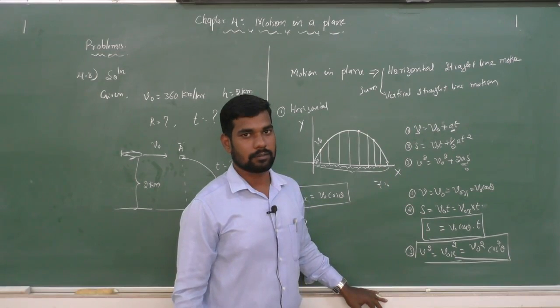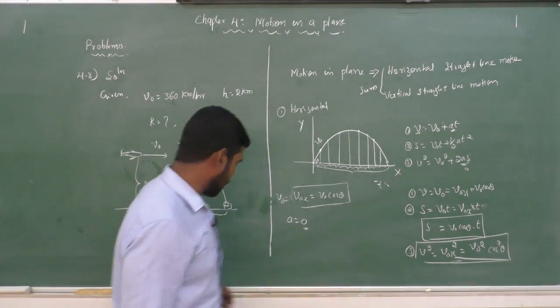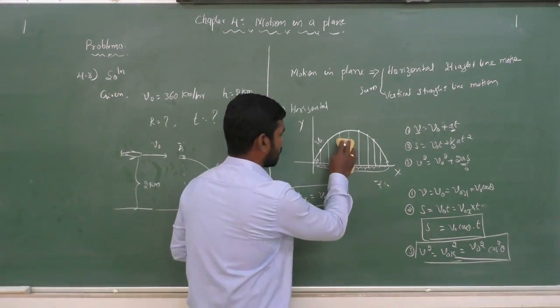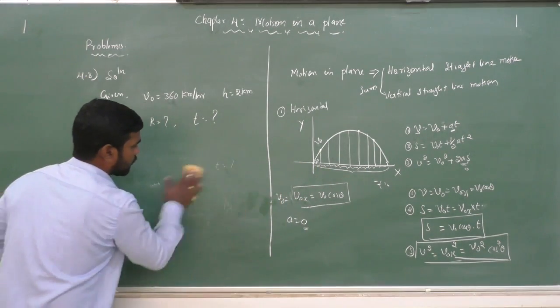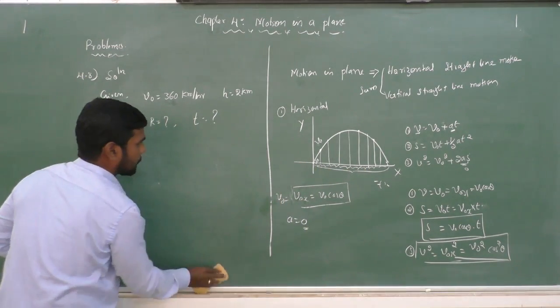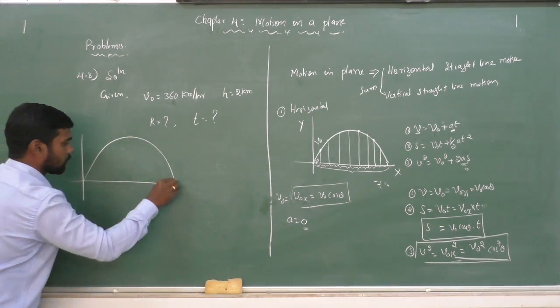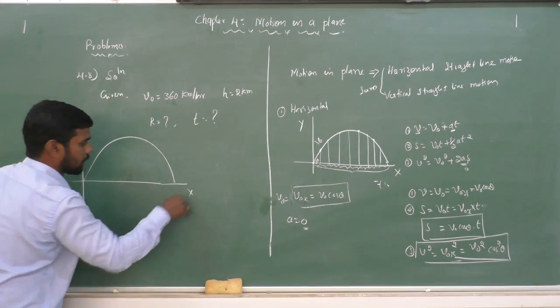Clear my point? Okay, yeah. Then similarly, if it is going forward in the vertical condition, same like this. Okay, I'll write it here: vertical condition. So same like this, you take it here, the object that is moving, this one the projectile, this one is the y-axis, this one is the x-axis.